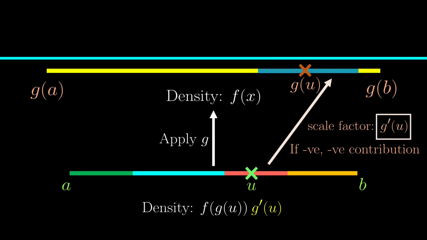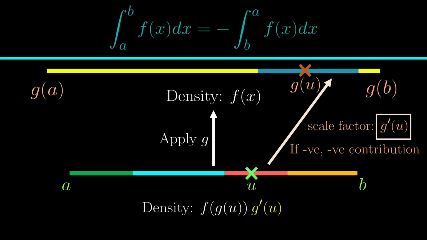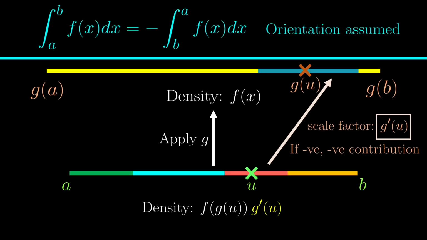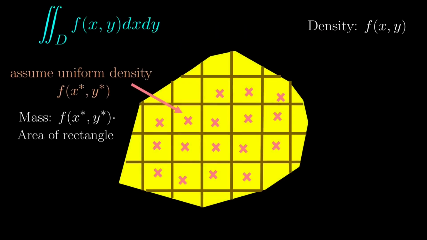Because of the way we define a one-dimensional integral, if we flip the endpoints around, the sign changes, even though we are talking about the same interval. So inherently, the one-dimensional integral already considers the orientation of the rod. So if the scale factor is negative, it would really have a negative contribution. Contrast this with how we define a two-dimensional integral. Orientation is not built into its definition, and we always say the integral is defined on a region, never specifying